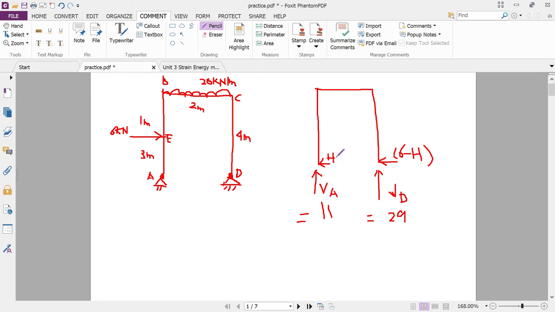That is nearest to 3. So 3 and 6 minus 3, that is 3. 3 plus 3 is 6, and here also 6. So the summation of these two horizontal forces acting rightward and leftward must be equal to 0. If it is not so, then your answer is wrong. So you must have the value as 3 in this numerical, and then only your answer is right, otherwise it will be wrong. Okay, so it is a cross check.